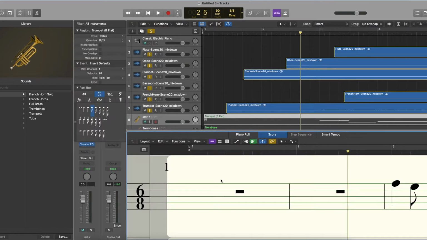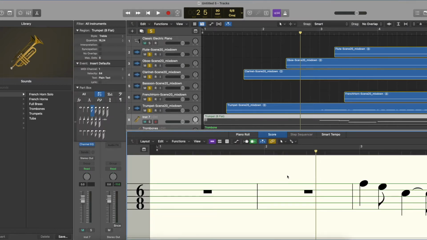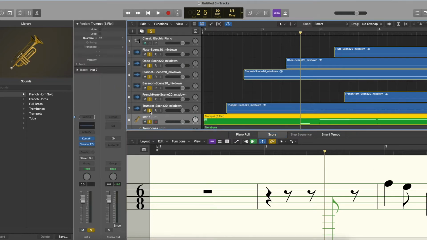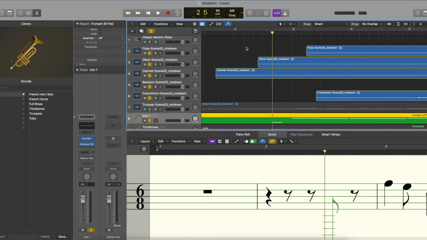And then I check with my score and make sure, okay, yeah, everything is legato, so then I go in here and, okay, this is our trumpet, and I'll add this. C0 is what makes it play legato or sustained. So now I'll take this out and see. This is usually quieter, so